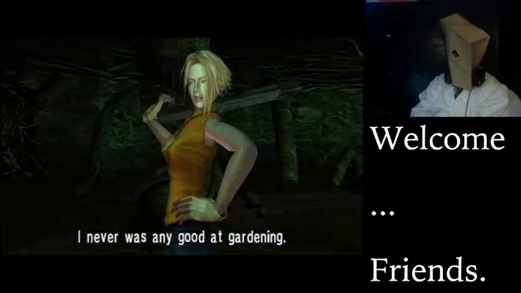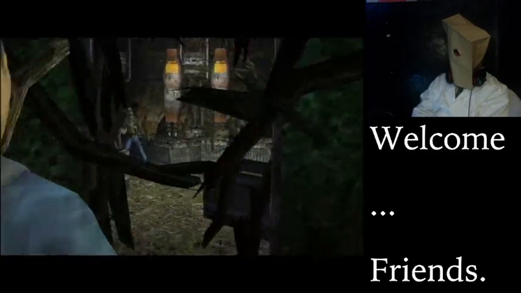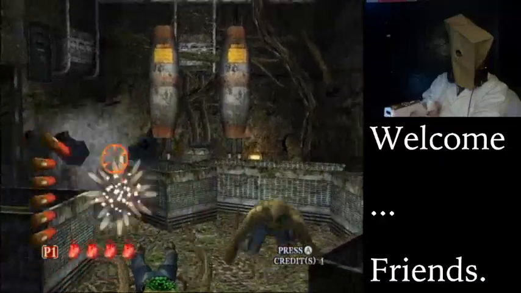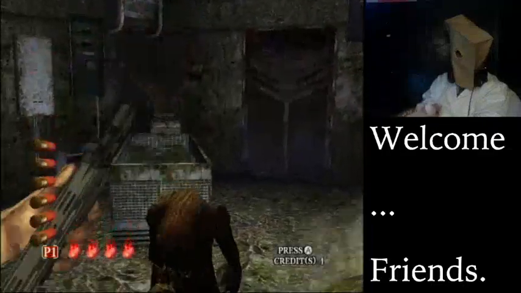I never was any good at gardening. It looks like this will open if we shoot it. Hey, these vines look like they will open if we shoot them. Not break apart, they'll open. How does she know that? I mean, she is Rogan's daughter, so...